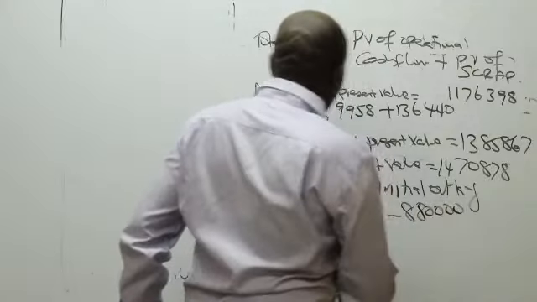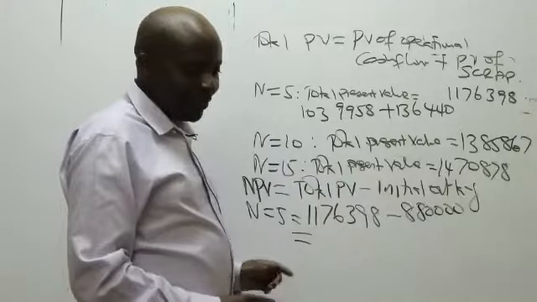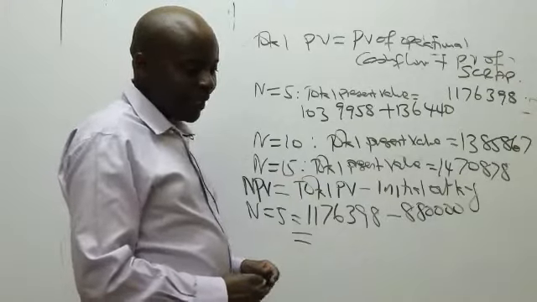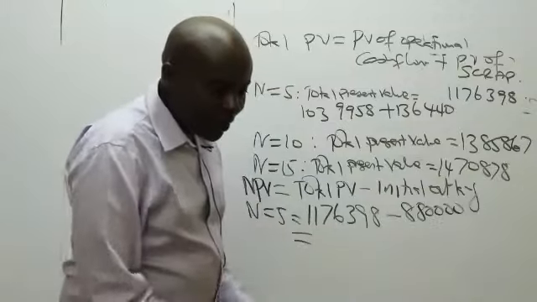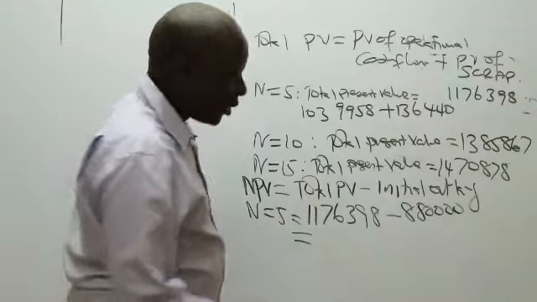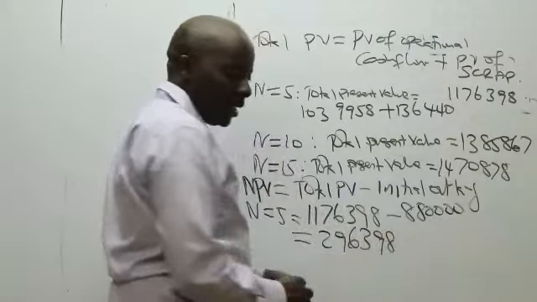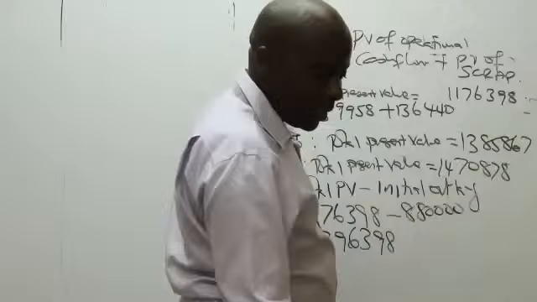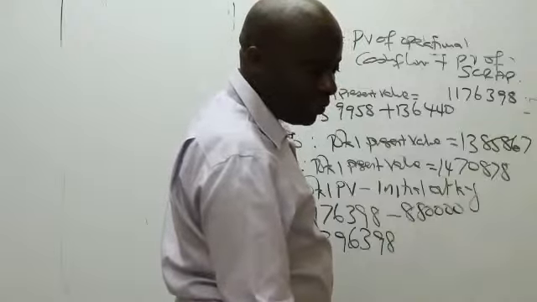Thank you very much. So when n is 5, what is our net present value? 296,398. So could you be kind by going straight away and giving us